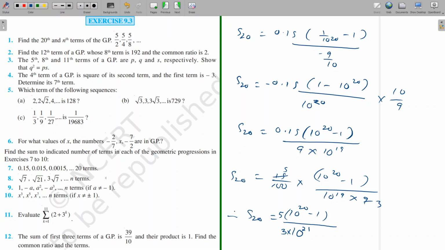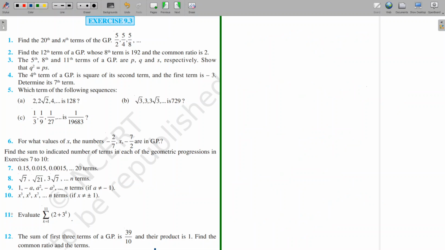Now these three, 8, 9, 10, you will try on your own. So there will be questions for self trial. Try them in the same way, not difficult at all. Just find the value of R and then use the formula of Sn, that is Sn equal to A into R raised to n minus 1 over R minus 1, or you can use Sn equal to A into 1 minus R raised to n over 1 minus R. The choice is yours. So these three questions, 8, 9 and 10, you will be doing on your own.